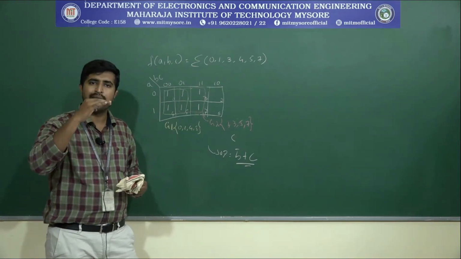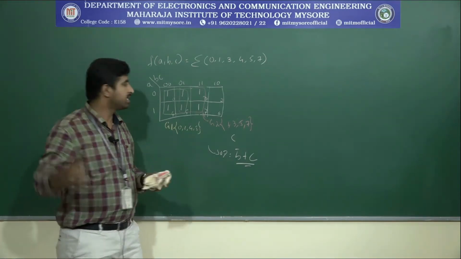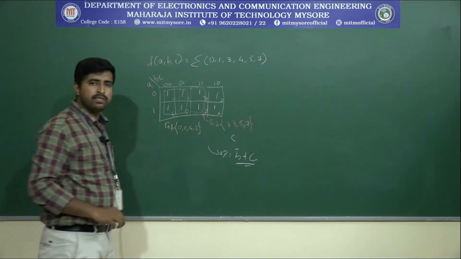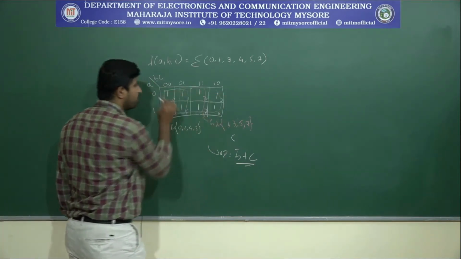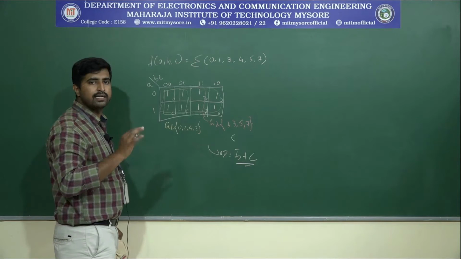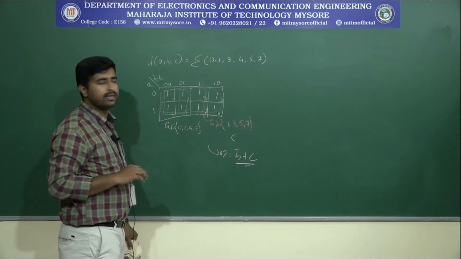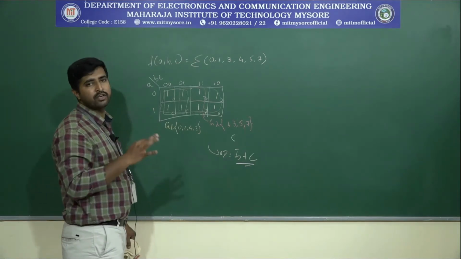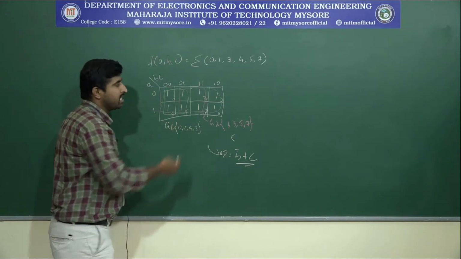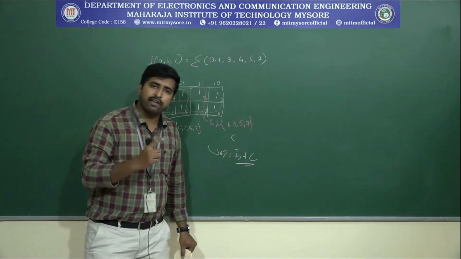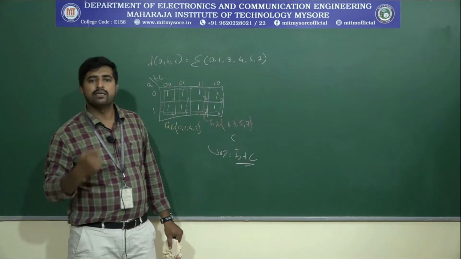So if it's possible to make 8 cells, let's do the 8 cells. For example, if all these cells are 1, let's make the first group an 8 cells group. That is efficient, right? That is the efficient equation we're going to get. Okay, that is the thing we need to understand. So let's understand that one for 3 variables and 4 variables.